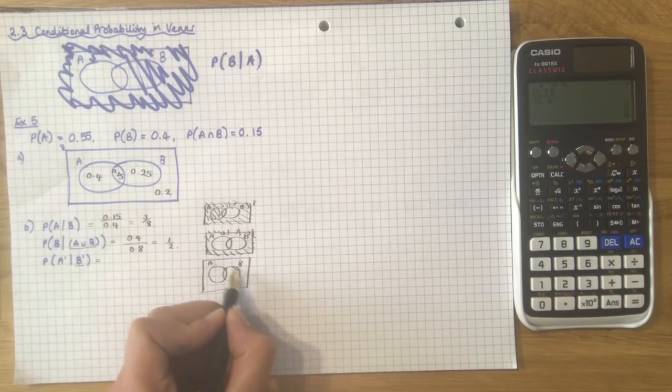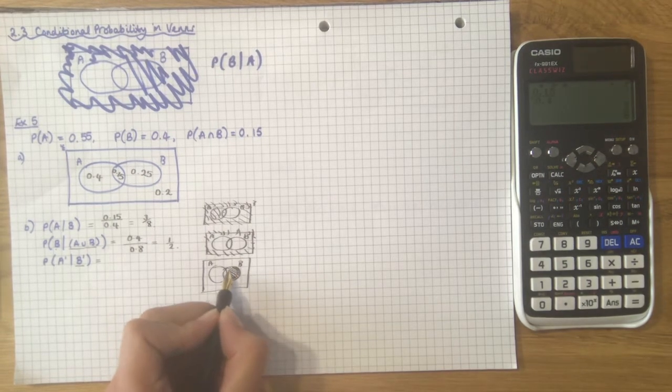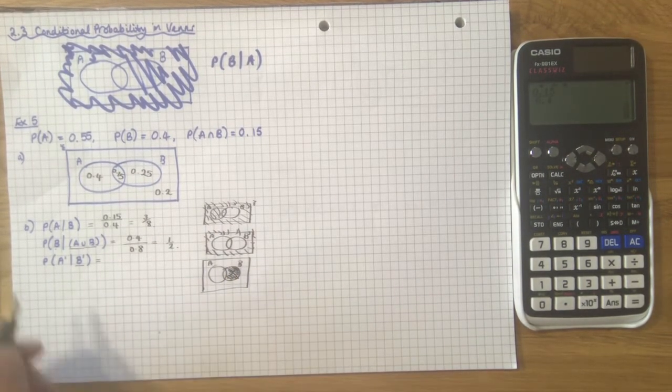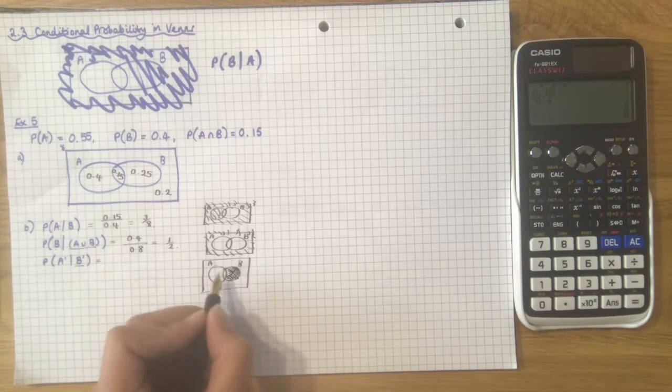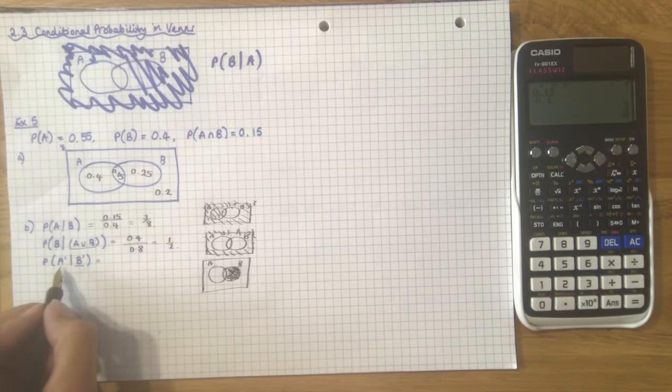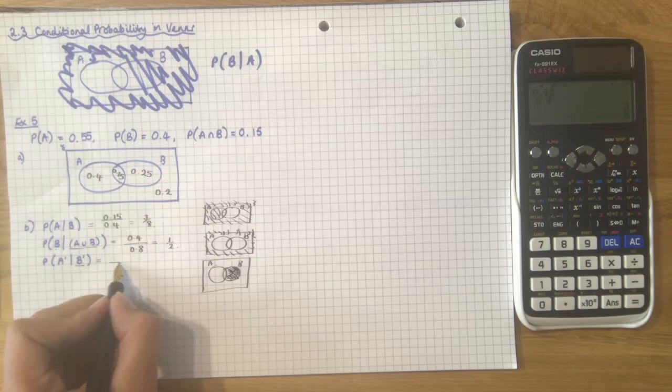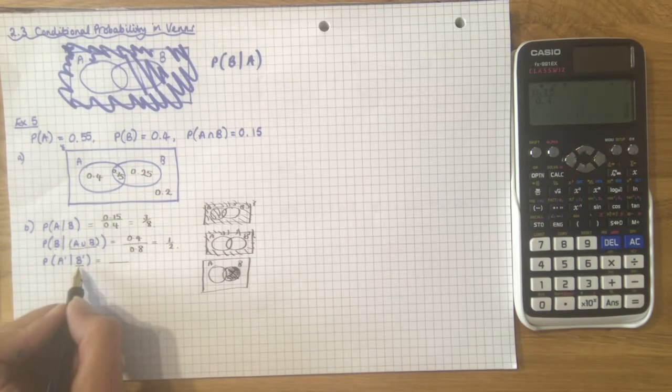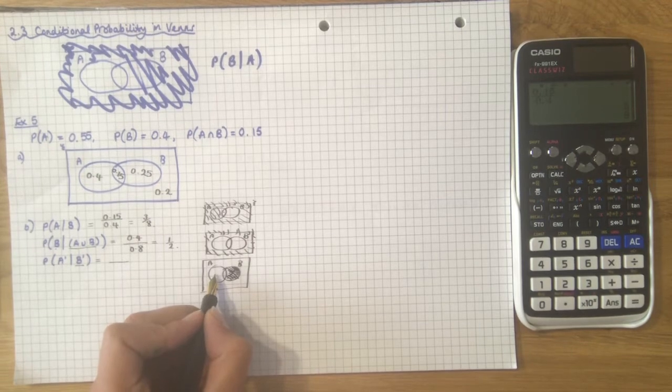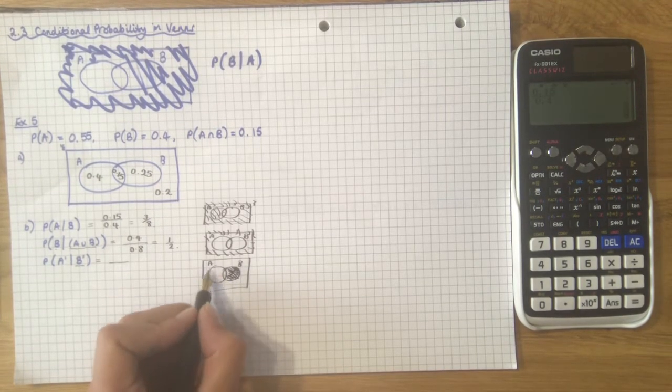So the bit we want to eliminate is that bit there, that bit's gone. So within this area that's left, we're interested in the probability of A not happening. So first of all, let's put as our denominator the entirety of the sample space. So this little section here was, the whole of the A circle even was